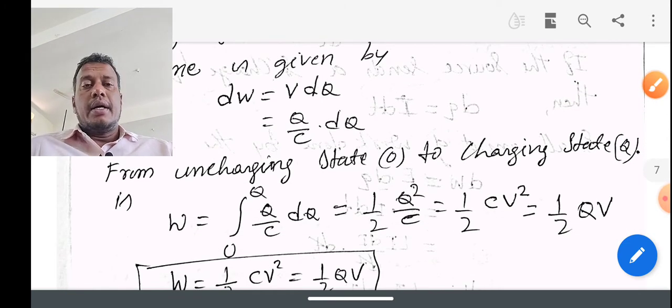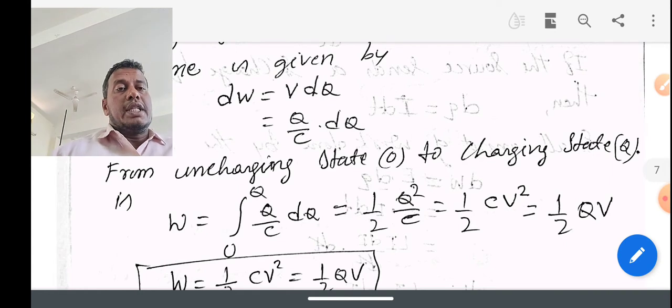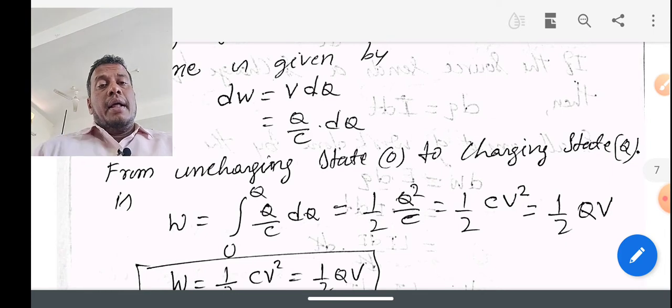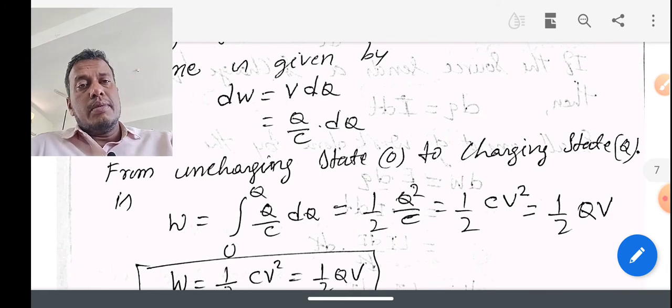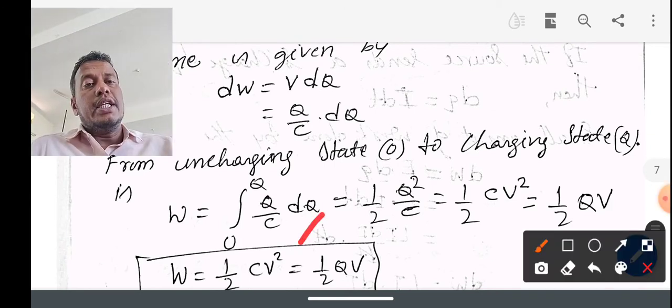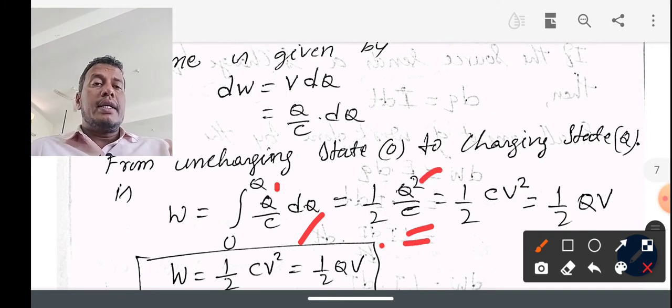From the uncharged state of 0 to the charged state Q, let us integrate the above equation, that is dW equal to V dq, so W equal to the integral from 0 to Q of Q by C dq. Integrating with respect to Q gives Q square by 2, C being constant, that is W equals 1 by 2 into Q square by C, and this is the required